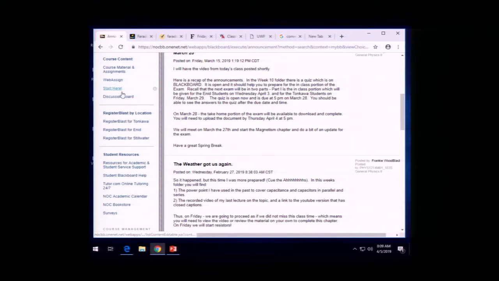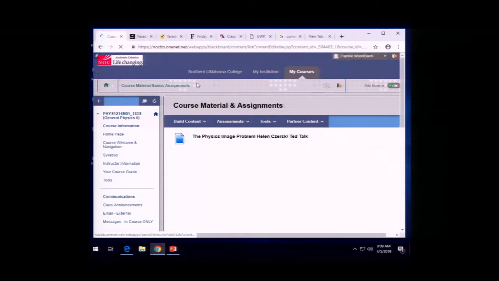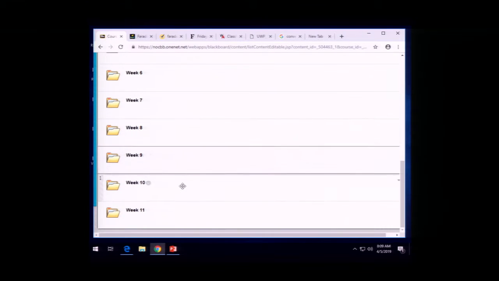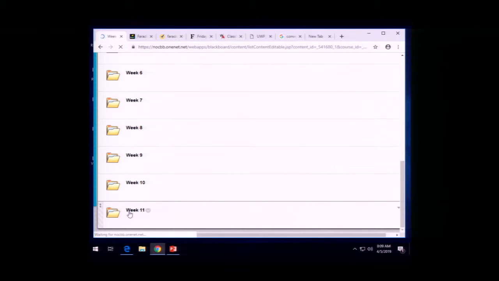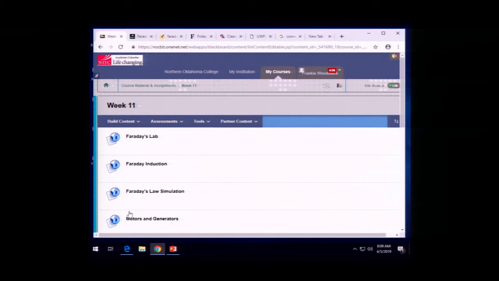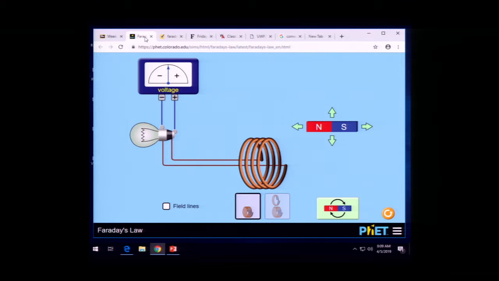Okay, so if we go into course material and assignments, I've put this stuff under week 11. I don't know if we're in week 11 or not. I think we are. But I have in here in week 11 a Faraday simulation. If you want to play with it a little bit, kind of do an at-home lab, this is pretty cool